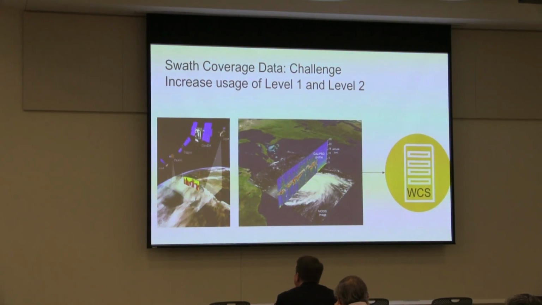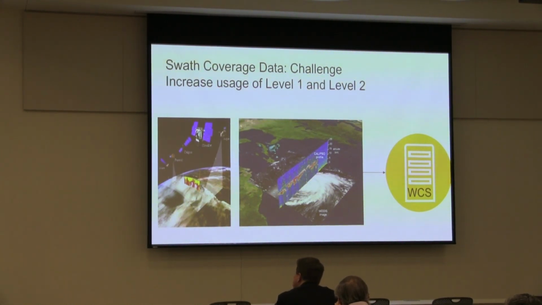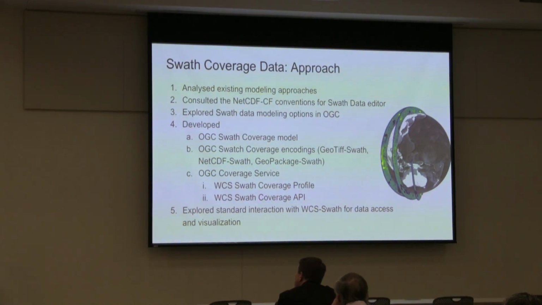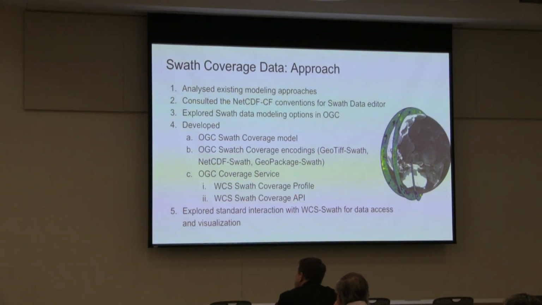This has proven not to be the most efficient, optimal way to manage SWOT data. After understanding that the current model does not really provide the support, and it even increases the size of these files by a factor of 10 or 1,000 sometimes,